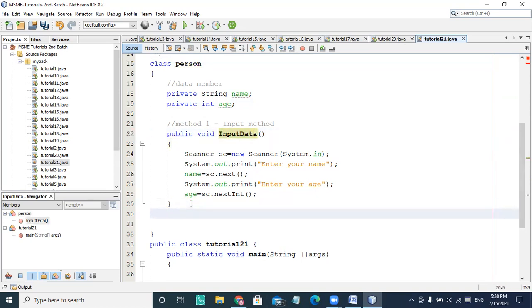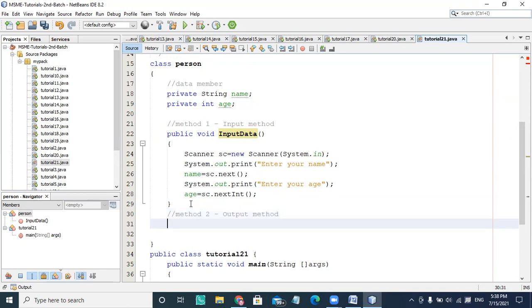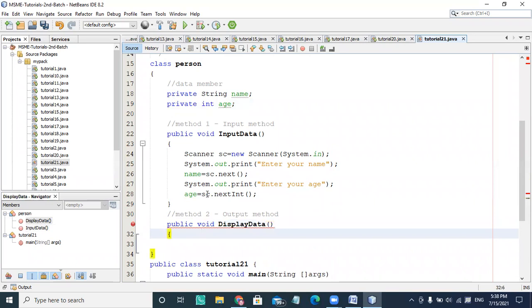Another method I'm writing is responsible for printing the contents. It is the output method, and I'm writing public void and giving the name displayData. It is actually responsible for displaying the data.